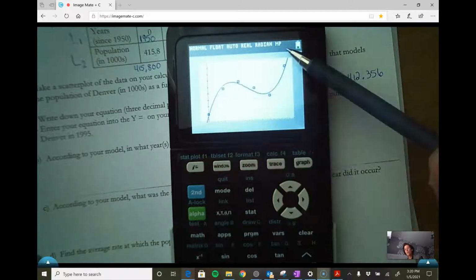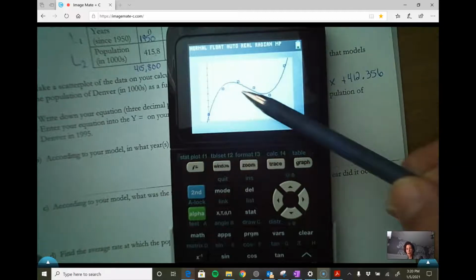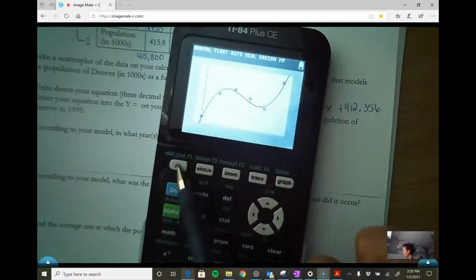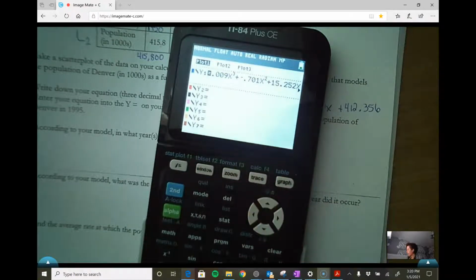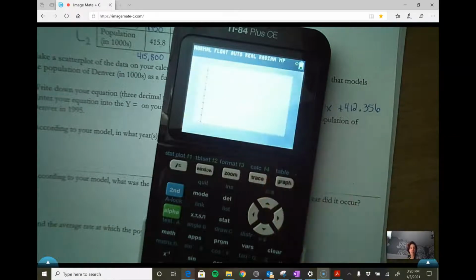So what I want to do now is I actually don't need those little dots to show up anymore. So go back to your y equals button and go back up to your plot 1, so it's flashing on there, and hit enter. And now when you hit graph, it's actually just going to show the shape and leave out the points, which is our goal. We only want to focus on the shape now because it's this equation, this shape, that's going to help us answer all the other